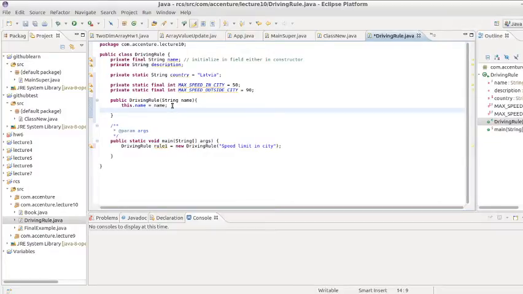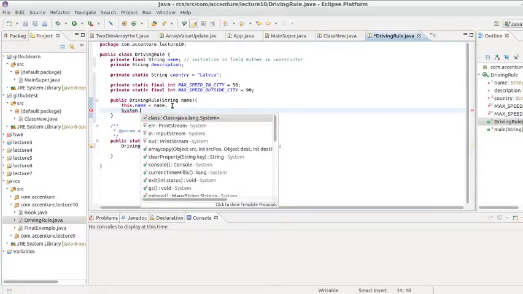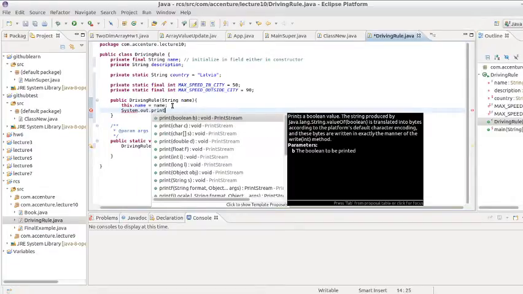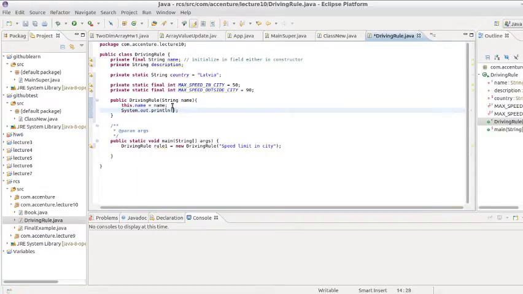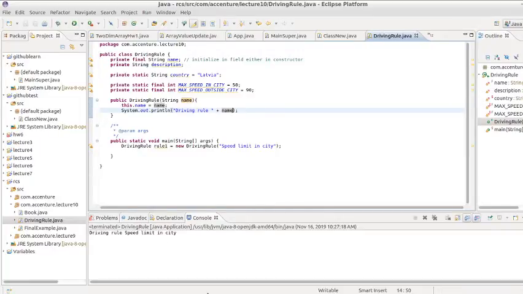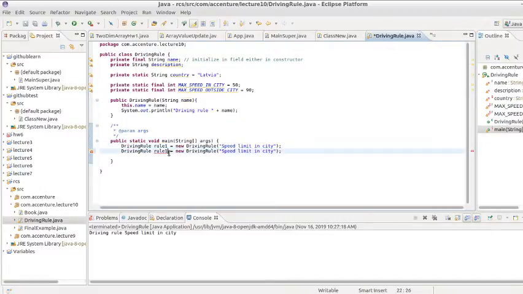And let's output some information about our newly created object for easier debugging. Okay, so if we duplicate it,